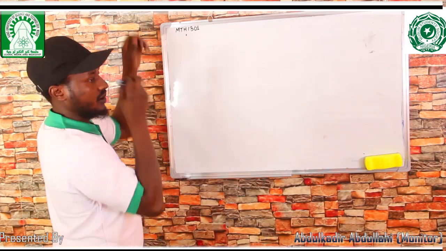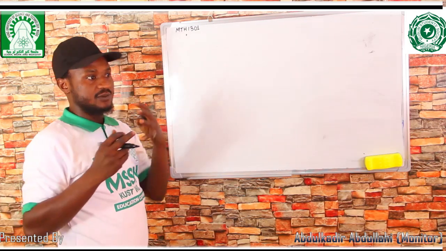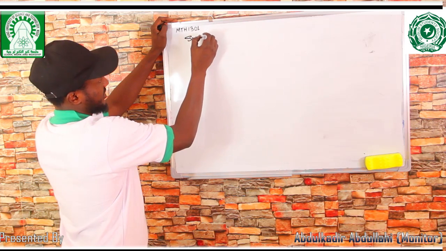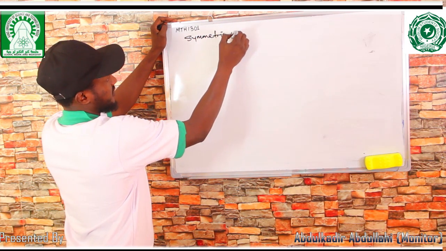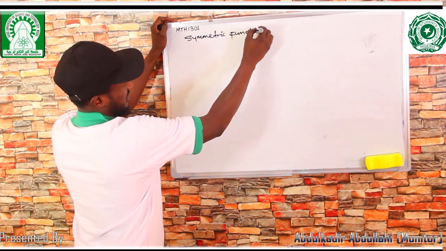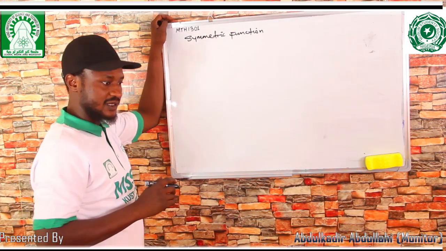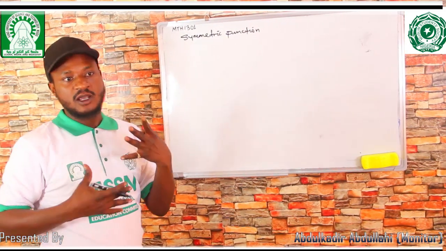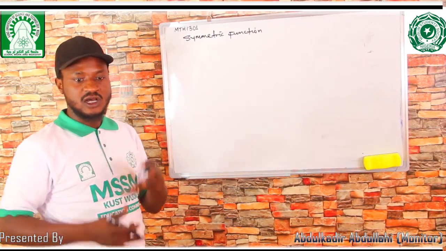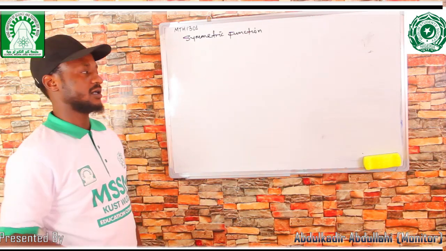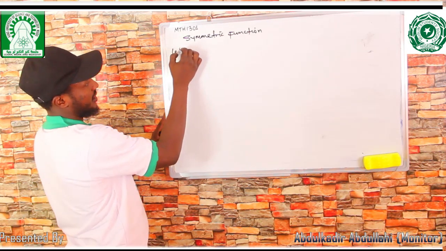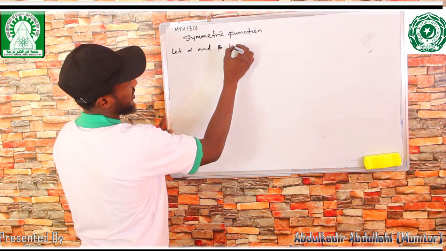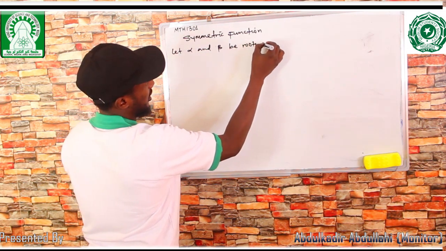So next, we are going to see symmetric functions of quadratic roots. In symmetric functions, we are going to discuss the sum of quadratic roots and the product of quadratic roots. Now let alpha and beta be roots